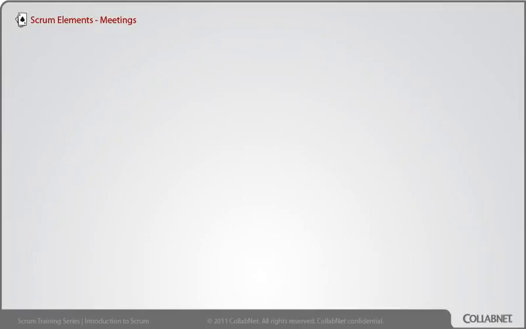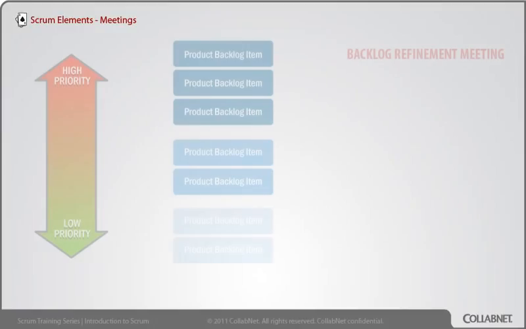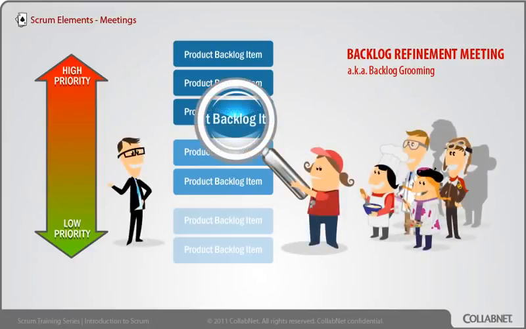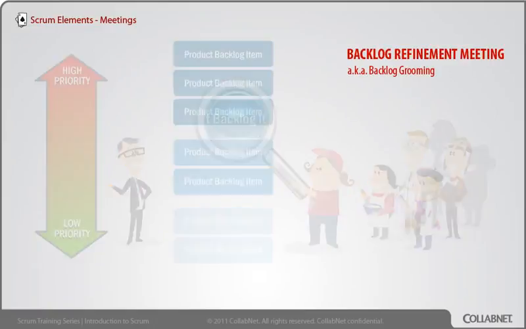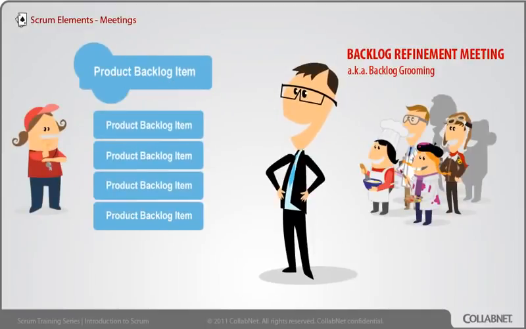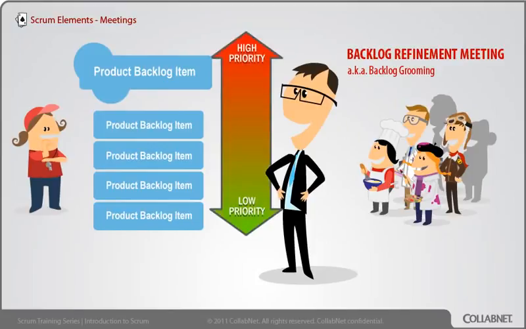The 5th meeting isn't given a name officially in Scrum. I'm going to call it the backlog refinement meeting. It might also be called backlog grooming, or maybe we would do some of this work in a release planning meeting. During backlog refinement, the team and the product owner get together and they look ahead a little bit into the next few items in the product backlog, the items that are candidates for the next couple sprints. They clarify them, break the big product backlog items, or epics, into small product backlog items, or maybe user stories, so they can imagine doing a few of them in a sprint. They get some input about prioritization, they consider dependencies, those types of things. While this work could also be done in the sprint planning meeting, through experience, people have found it preferable to do it in a separate meeting on a different day.